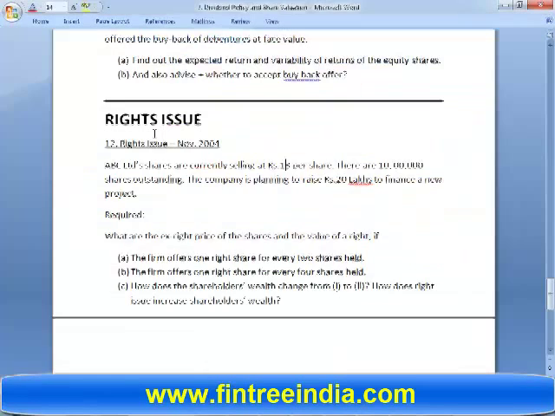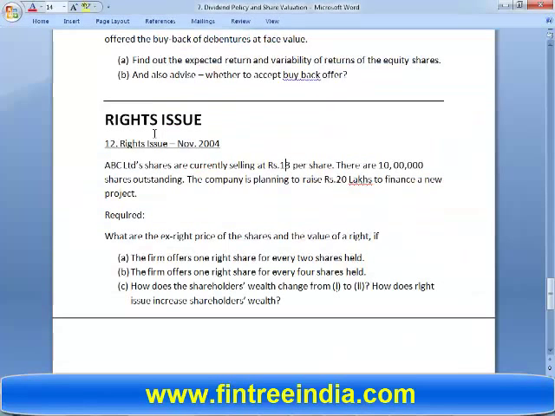Now once you've done this, how does the shareholders' wealth change from 1 to 2? So the answer would be that shareholders' wealth does not change because of the right issue. So the answer to part C: the shareholders' wealth does not change with a right issue. On the exam you can stop here,